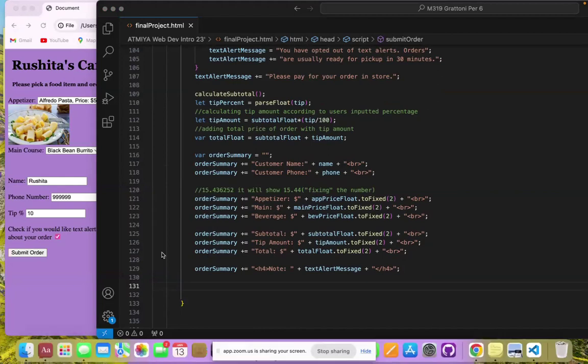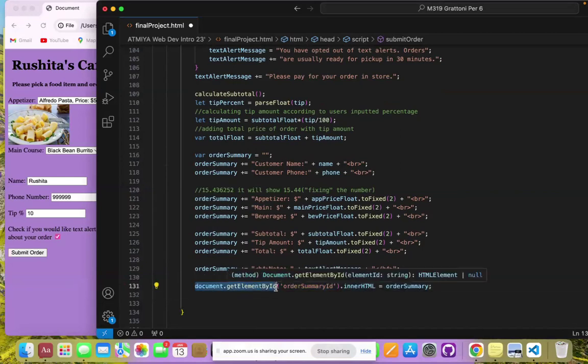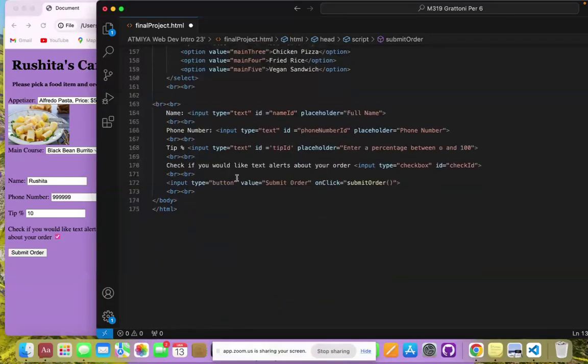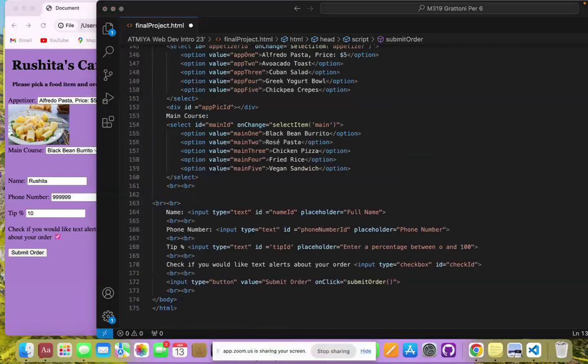All right, I think I might have forgotten how to do that part, but that's fine. Pretty much what we're doing is document dot getElementById, and then the order summary ID. So we want to create that right here. To do that, we want to make a div ID after the submit order button. So right after here, we want all the text to show up, right? So after this button that we just made and the break tags, we're going to be creating